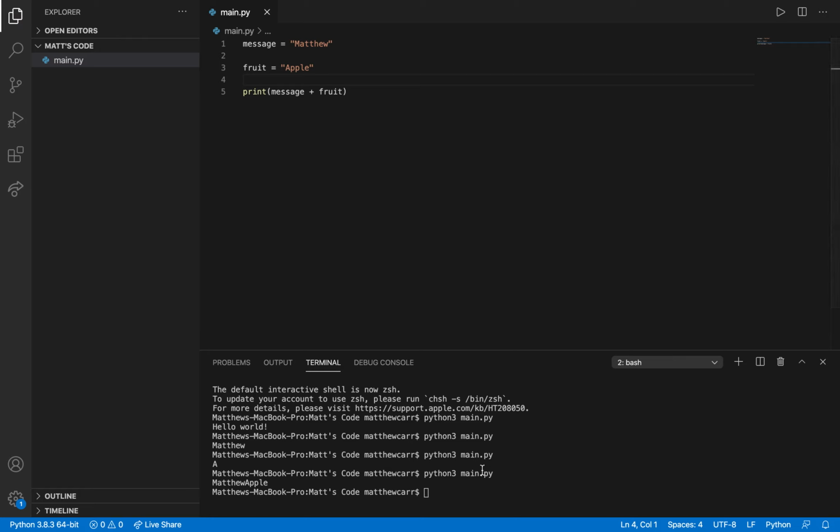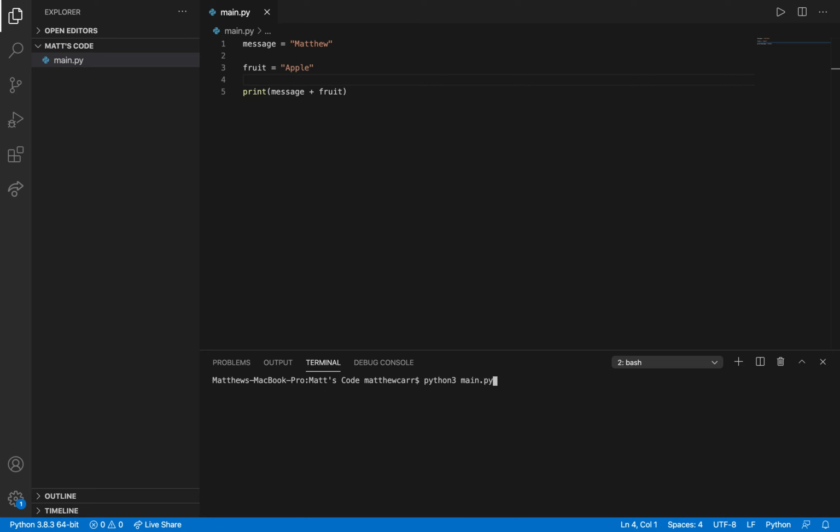So let's run this code. Oh wait, I think I already did. Sorry. Yeah, Matthew apple. If we put a space within the string, so it's a space character, and then the A character, P character, P character, L, E. Let's save the changes, run it, and now it looks nicer.